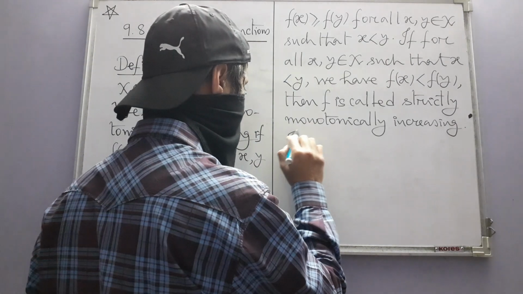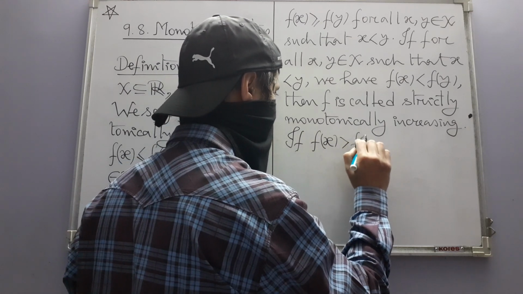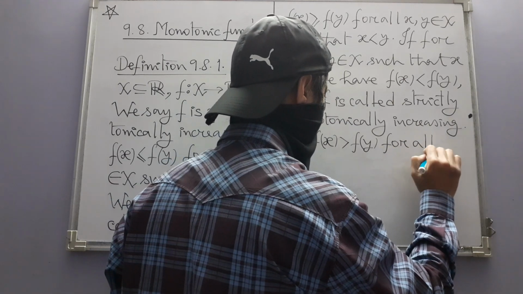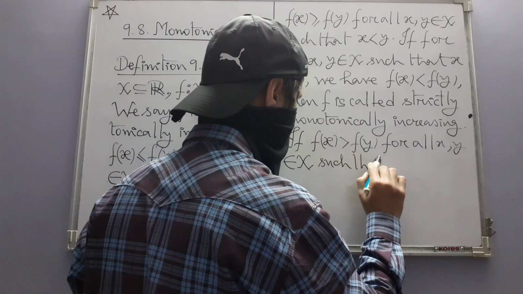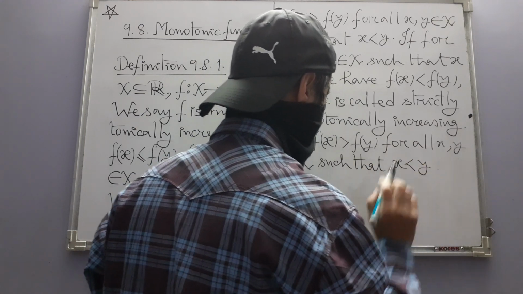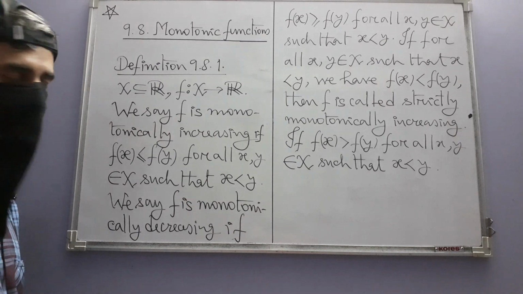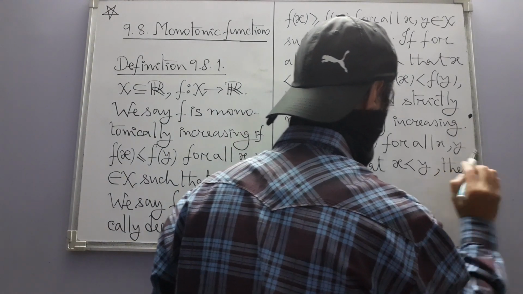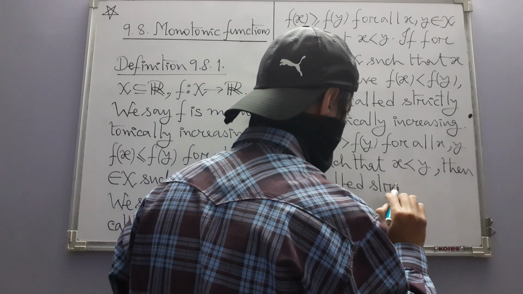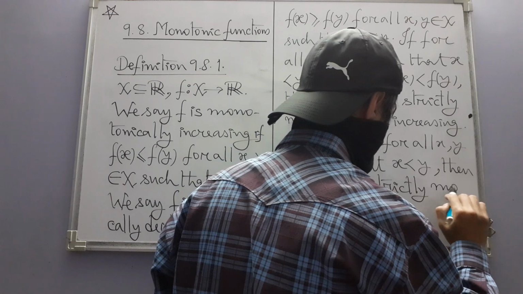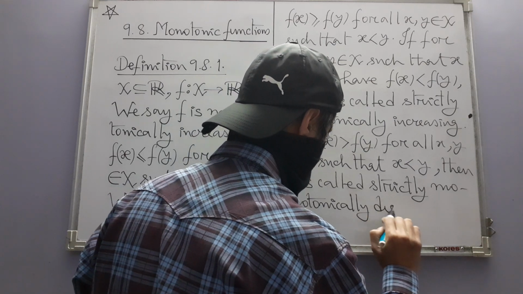Similarly, if f(x) is strictly greater than f(y) for all x and y in X such that x is less than y, so you see that this one is the strict version of this type of inequality, then f is accordingly called strictly monotonically